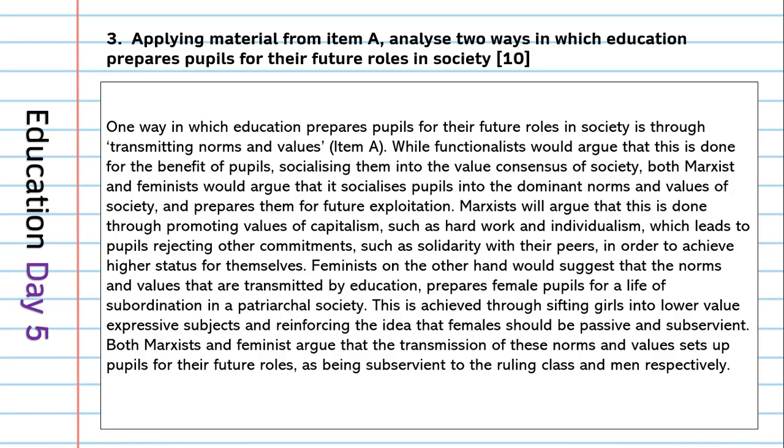Now, some people will think, right, okay, you've not mentioned any studies. Well, one of the ways in which you can analyse is by doing a comparison and contrast. So what I've done is I've taken these different theoretical approaches and I've compared and contrasted them. So I've put forward the functionalist idea, I've shown how the Marxists would disagree with it, I've shown how feminists would disagree with it, I've done a compare and contrast, and that gives me a really good demonstration of my understanding of the concept that we're talking about, transmission of norms and values.